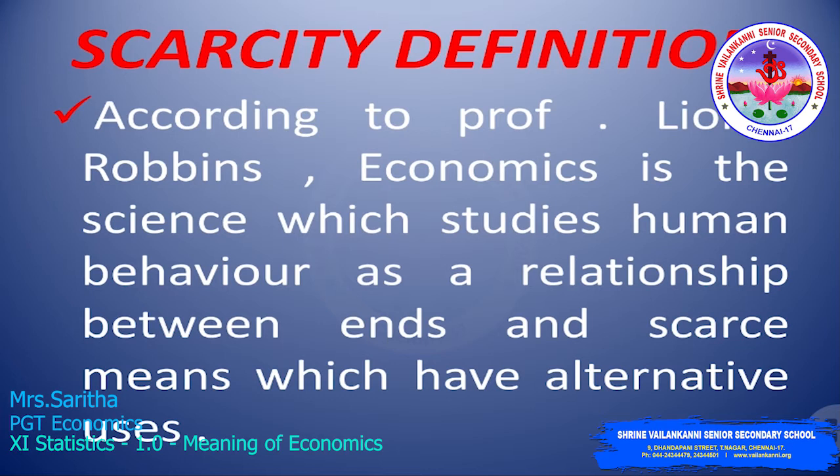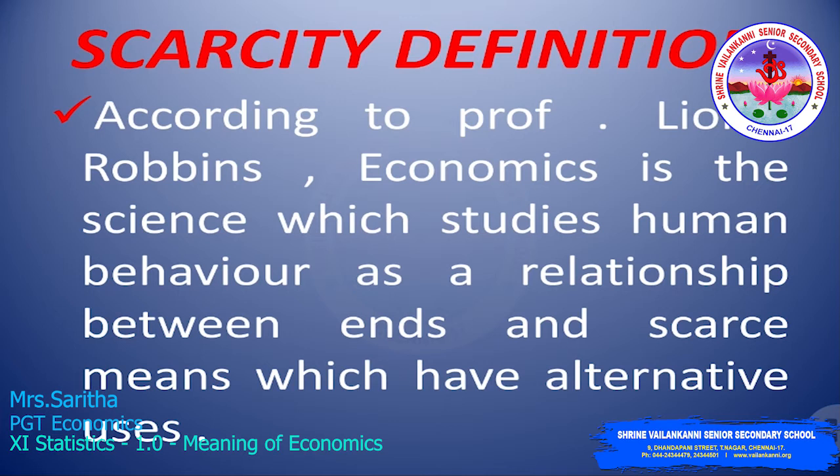What is meant by unlimited wants? See, man has unlimited wants, hence they can never be fully satisfied. No sooner is a want satisfied than a new want emerges. The second problem deals with scarcity of resources. Scarcity refers to the limitation of supply in relation to demand for a commodity. Scarcity is universal and applies to all individuals, organizations and countries.